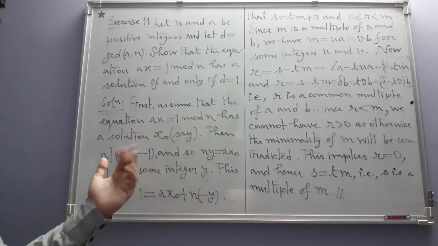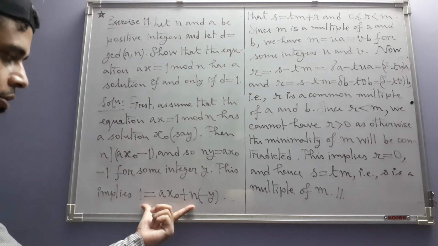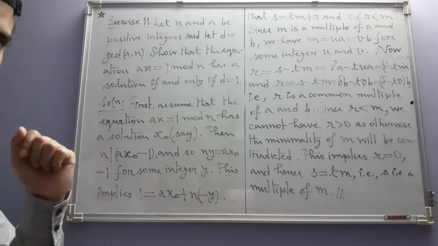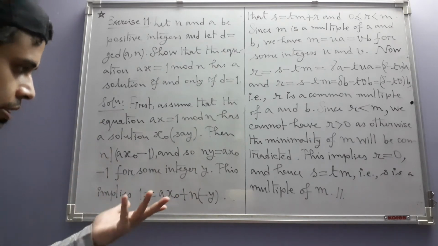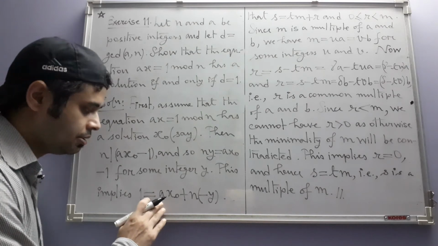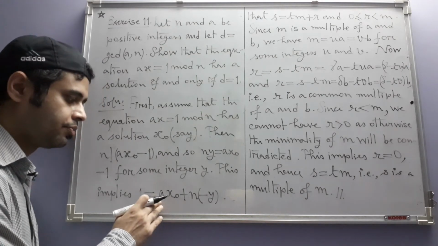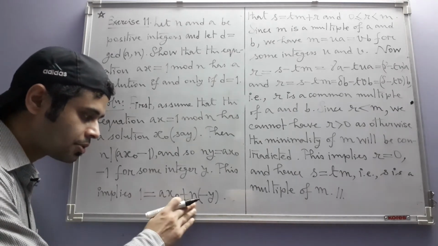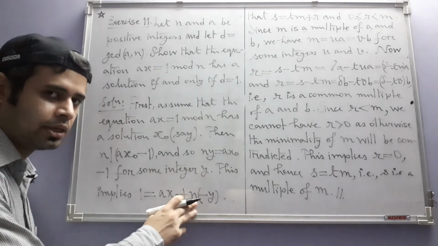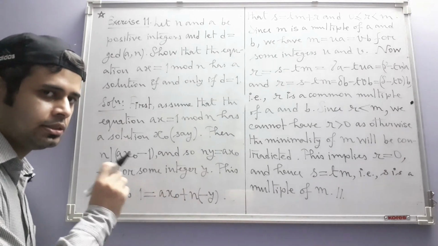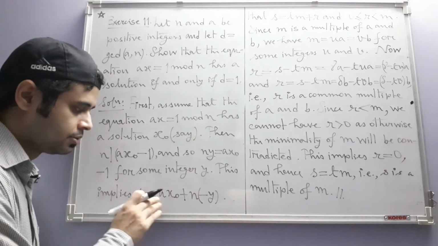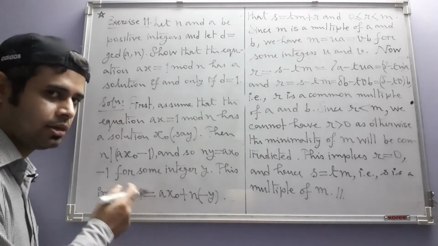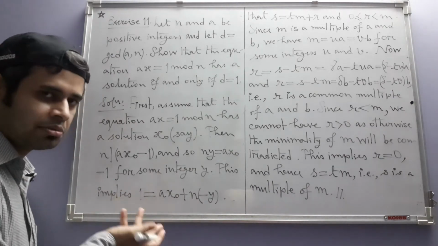So we have already seen this previously. We can directly conclude from this that the GCD of a and n is 1, because we already know, let me again repeat, the GCD is the least positive integer that can be expressed as a linear combination of the integers for which the GCD is being found. So this is the least positive integer without any restriction. So this will be the GCD.